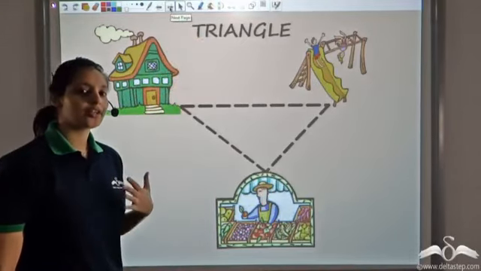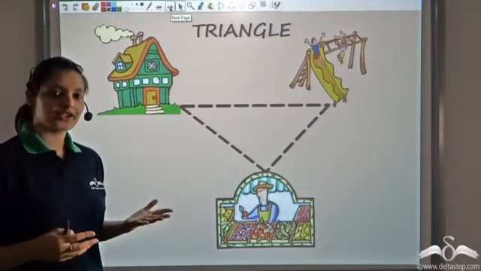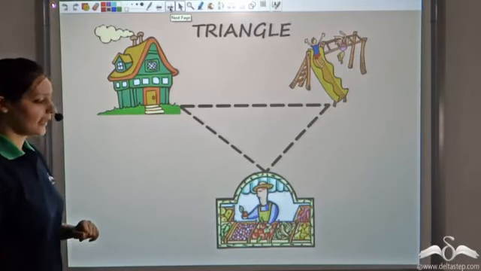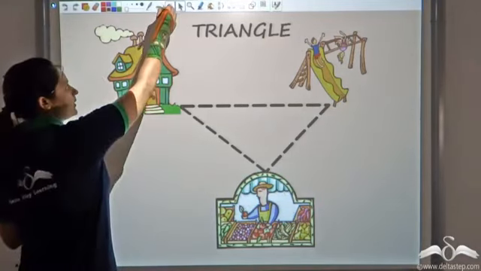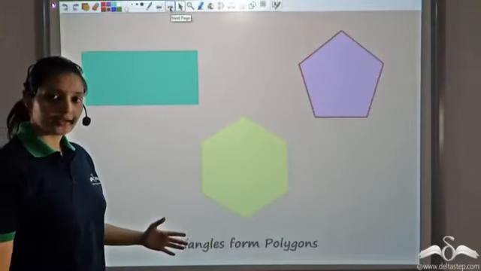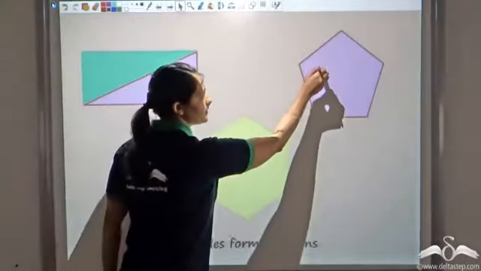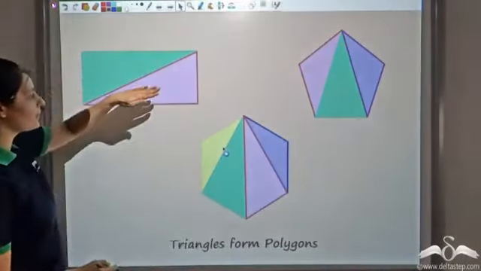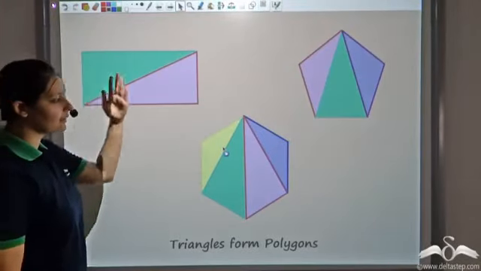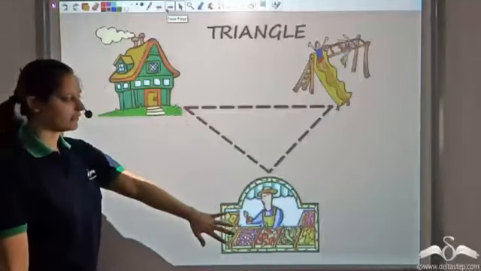Usually, when we talk about three things, three places, three objects, unintentionally we tend to form triangles, and hence it is important to study them. Not just that, we've also seen that triangles form polygons. Each polygon can be considered to be formed by triangles. So knowing the properties of triangles, we can apply them to study polygons too. So let's start by studying triangles by naming this triangle first.